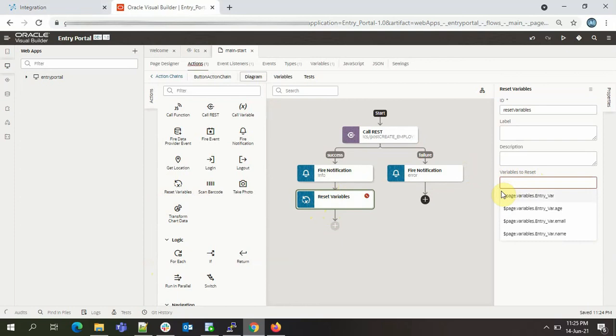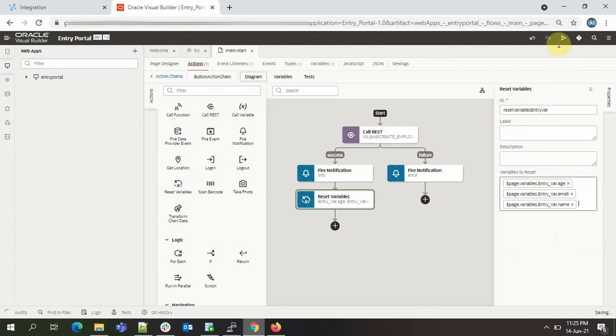Basically, once we are done with populating the fields and clicking on the submit button, after the successful call, we want those variables to become empty again so that it can take new values. So I want the age to be reset, the email to be reset, and similarly the name to be reset.